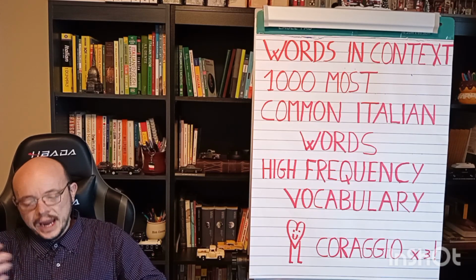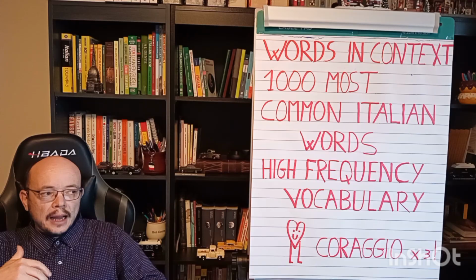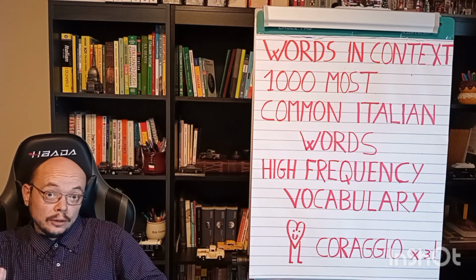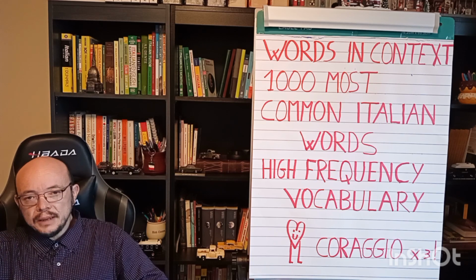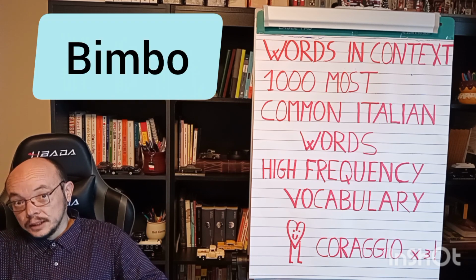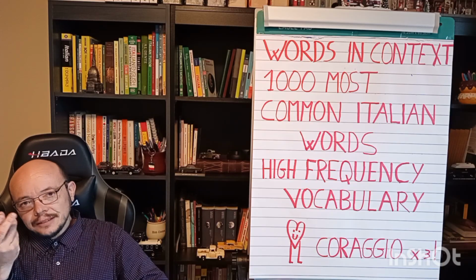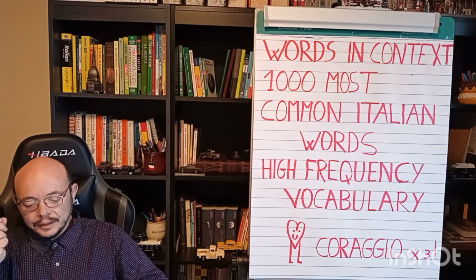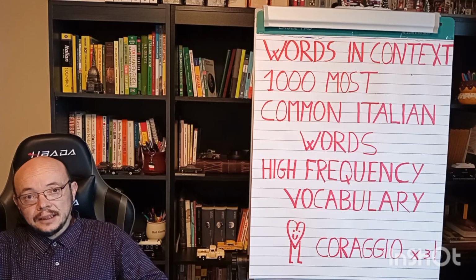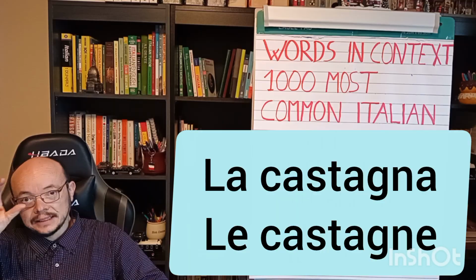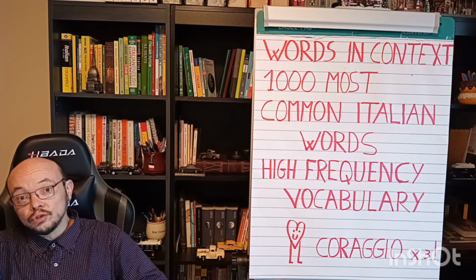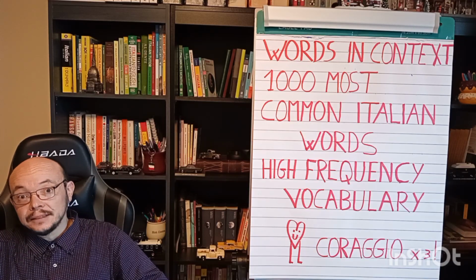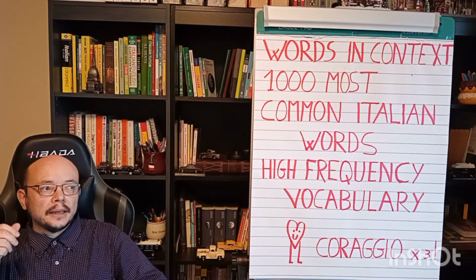In a very far away city, a little kid named Carlo, a very common name in Italian, lives there. Carlo è un bimbo. Bimbo is just another way to say bambino, little kid. Magrolino, a little bit skinny, con occhi e capelli castani, with eyes and hair the color of walnuts, right? Castagna is the walnut. Che frequenta la terza elementare, who is a third grader, which means the third grade.